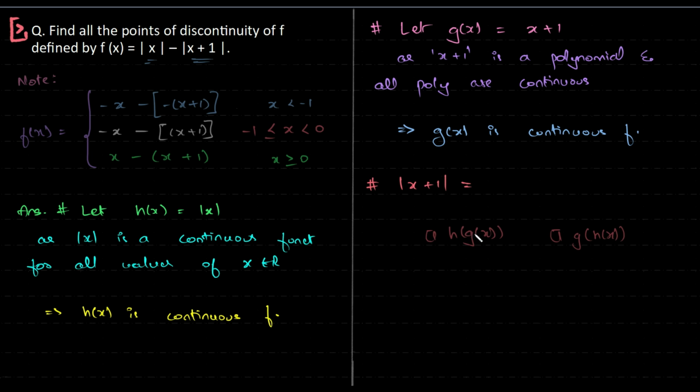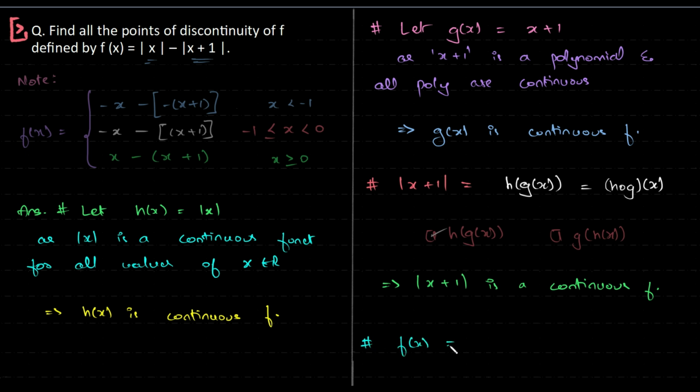So the internal thing is g of x, and so h of g of x is your answer. So this is h of g of x, which is h composition g of x. From this we can infer that modulus of x plus 1 is a continuous function. And finally, f of x, which is the sum of two continuous functions,